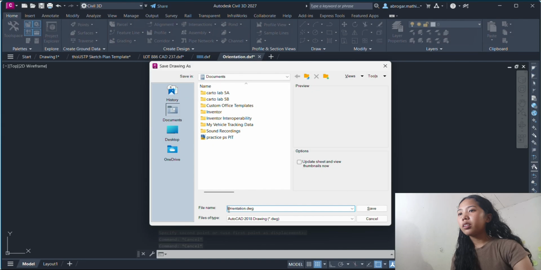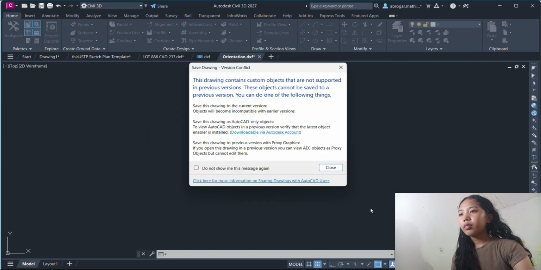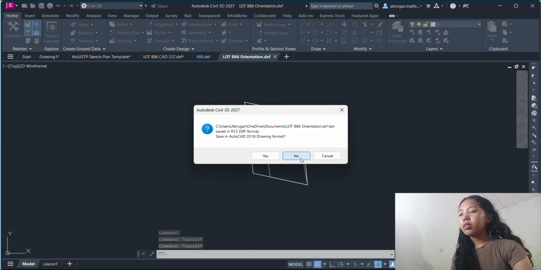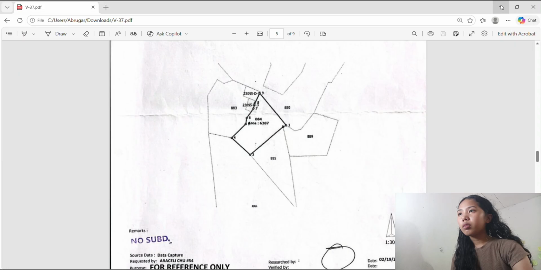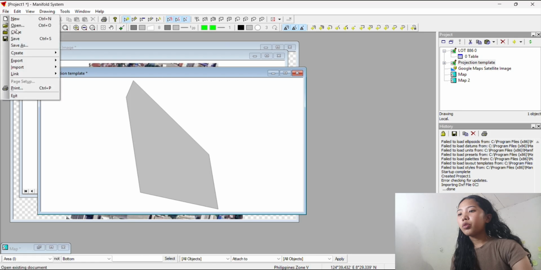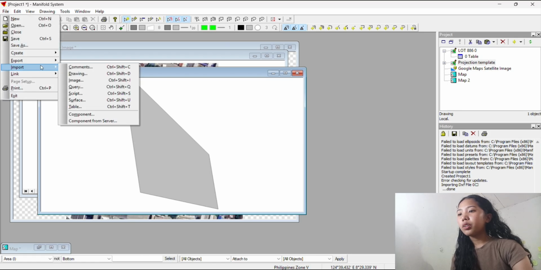Select estimated area or position. In this case, I select this as it is close to the area where my area is located, where the illustration is oriented.